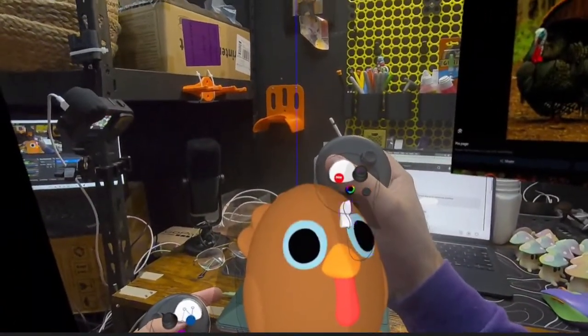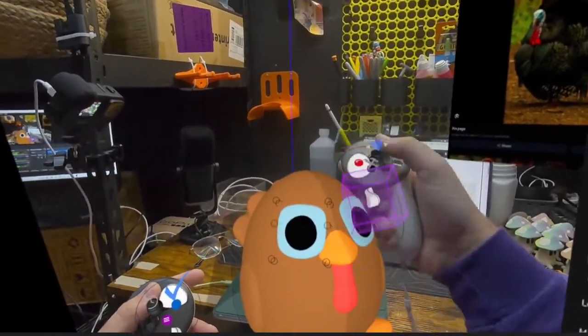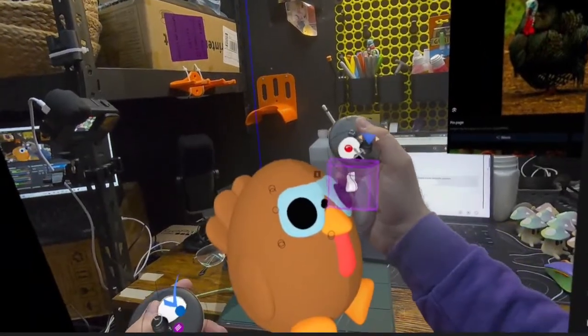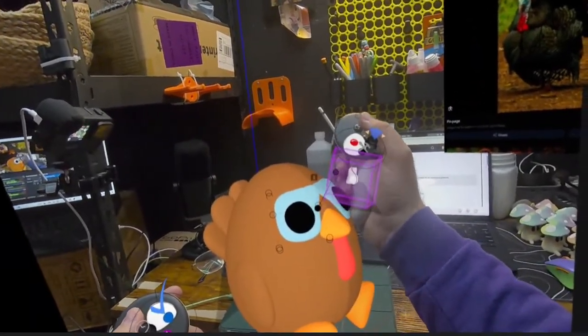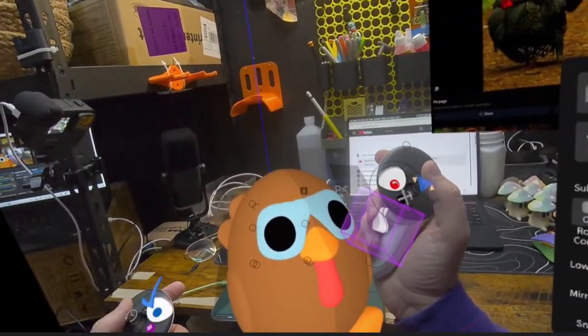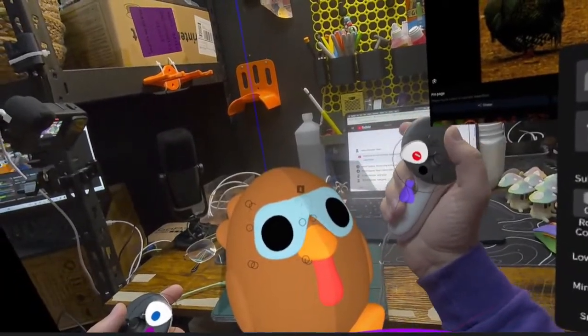Maybe I'll do some different options. So if I do this, and then bring this into the middle, kind of. This looks like glasses almost. That's funny. Alright, let's bring that into the middle like that.